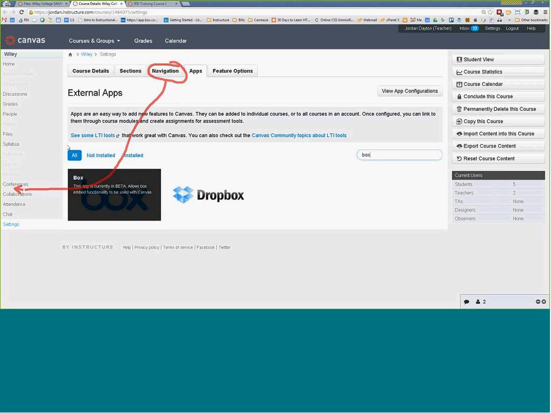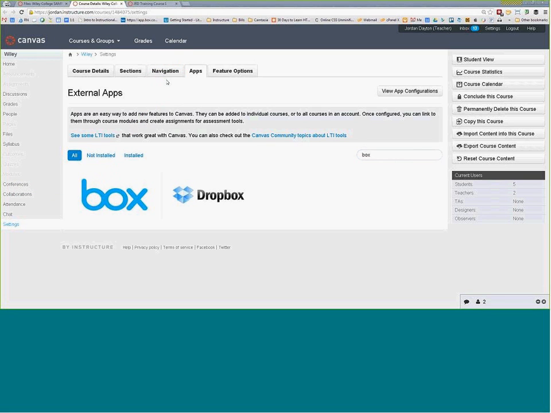You can also use Box to show off information in modules, or to share things in assignments or discussions, but it's not as deep of an integration as you might like. For example, if I'm creating a content page and adding information to the content page,